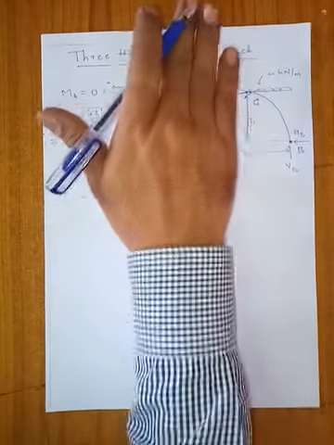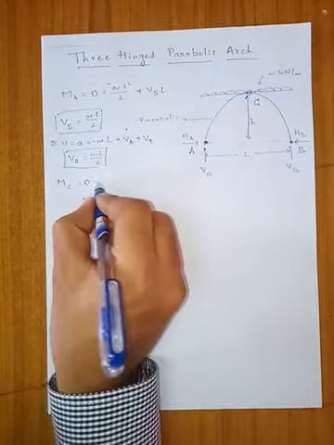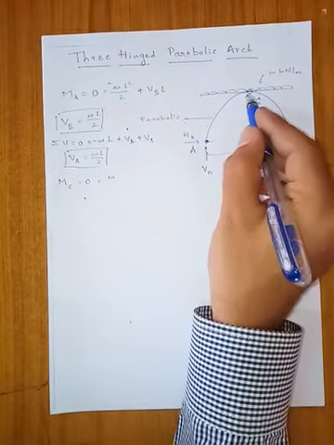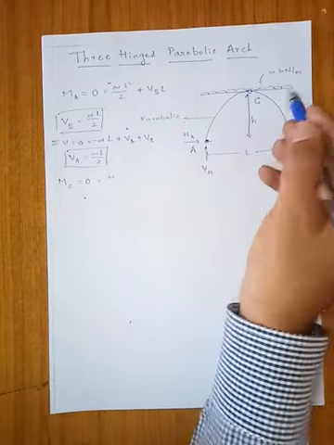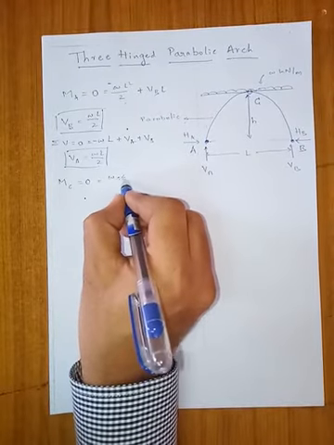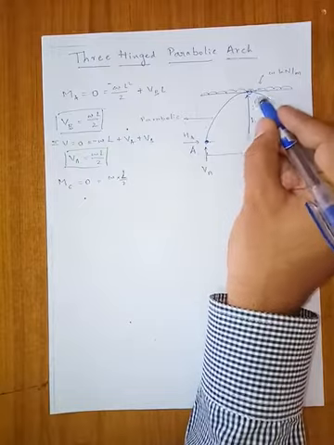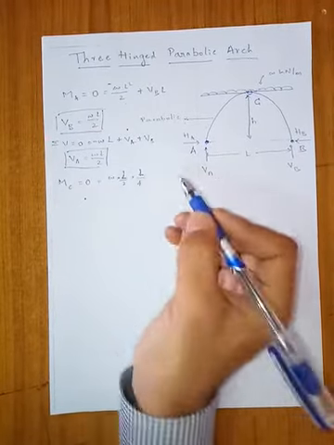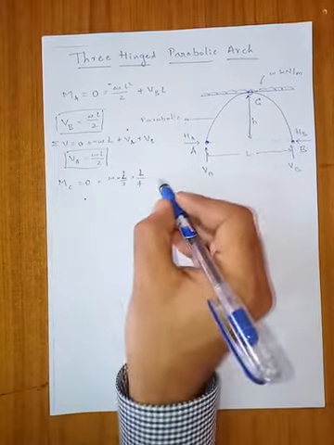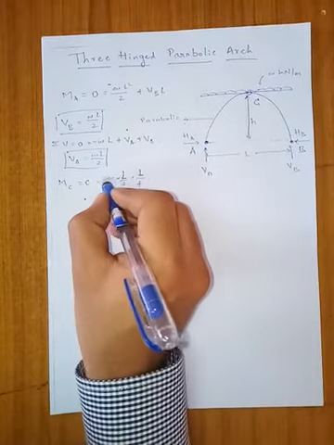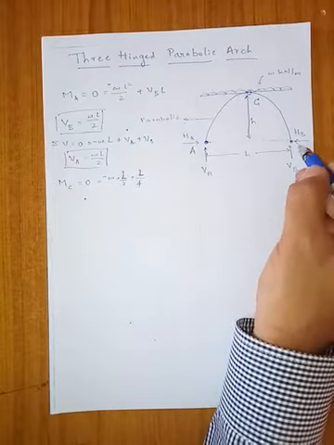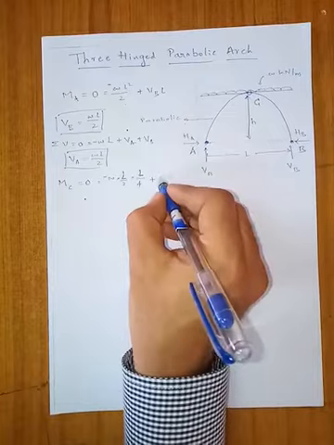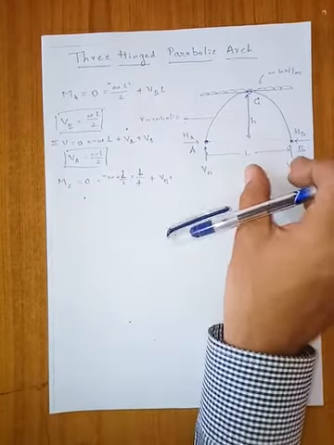What are all the forces causing moment? Here also we have only one load. The moment caused due to this load is W into span L by 2 into the center, which will be L by 4. So W into L by 2 into L by 4. Since this is turning clockwise, this will be negative. And VB is trying to turn this anti-clockwise, positive. VB into the distance, which is L by 2.